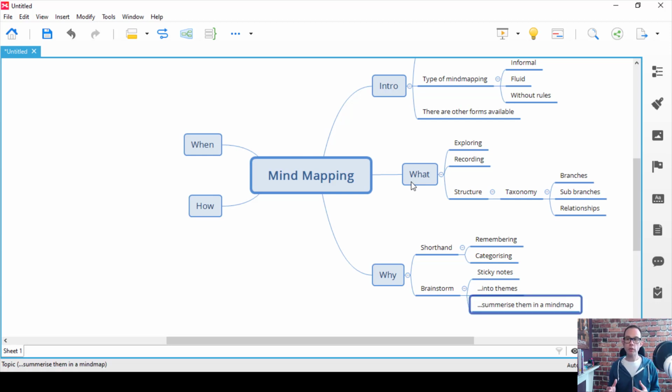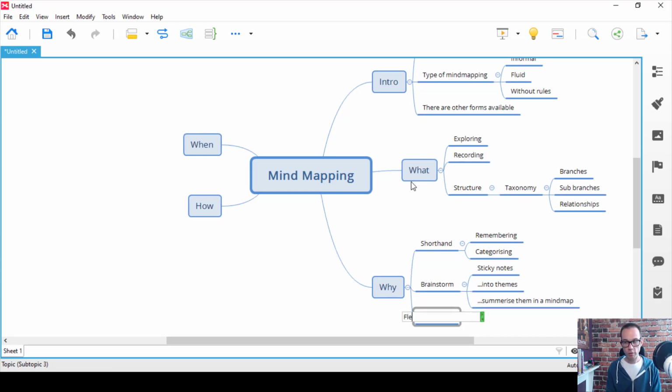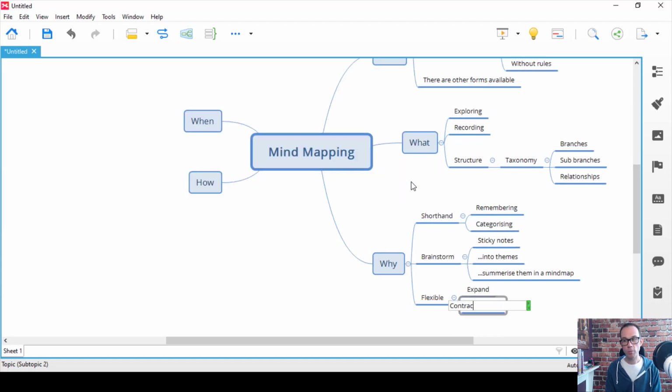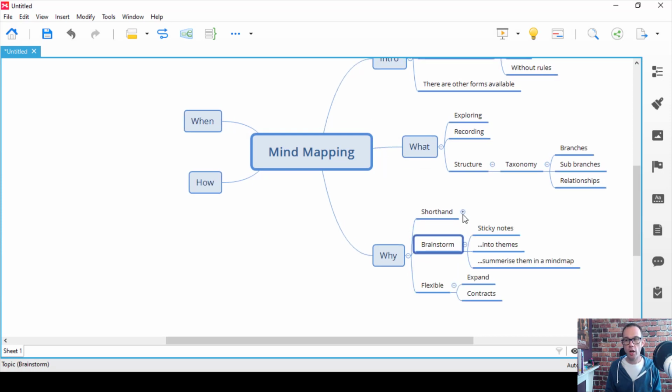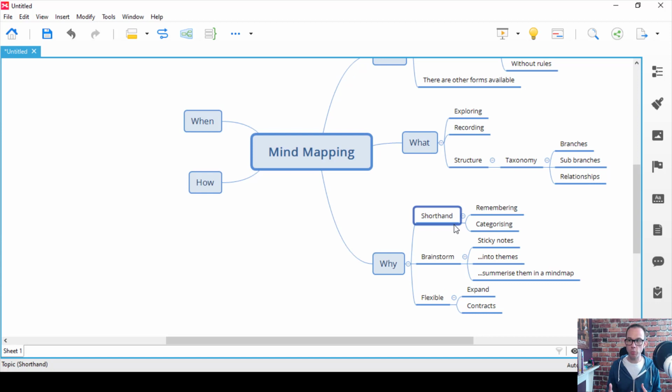Okay? And one of the things that I like about a mind map like this is it's quite flexible in that you can expand or contract parts of it. So this so far is quite a simple mind map, but imagine you had lots of ideas spilling out, and there are perhaps some areas that some stakeholders want to see. Well, you can just make sure those are shown, but you could hide a whole bunch of branches. And tools like Xmind and others will let you create a version of that,